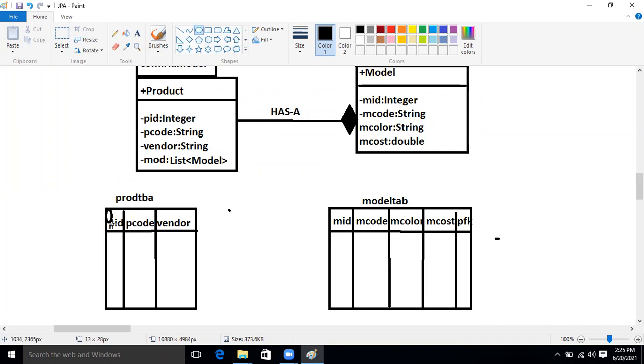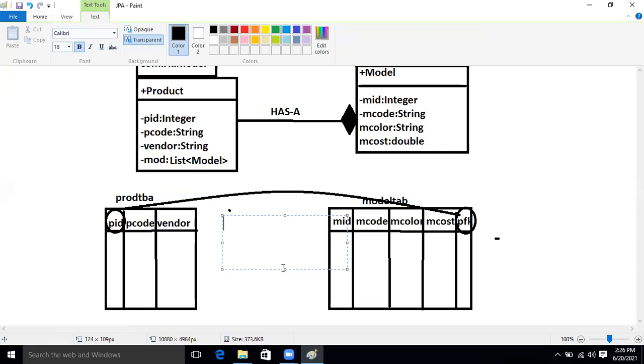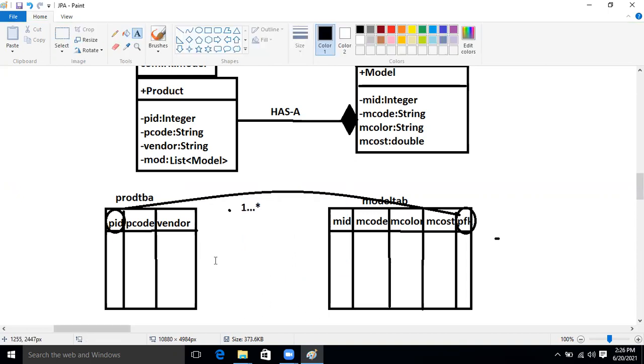The parent table primary key will become the child table foreign key, right? If the parent table primary key becomes a foreign key in the child table, then what relation will it be now, guys? One to many. Okay, let's move on and we will see that.